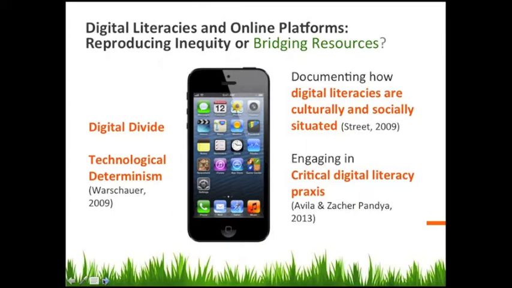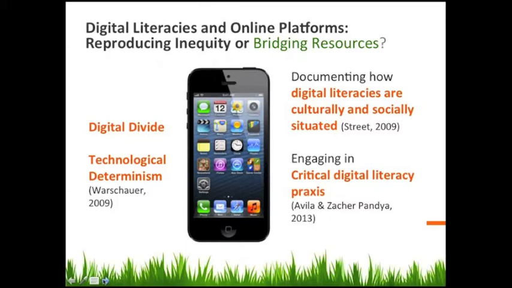And the opposite of that is what Warshauer calls technological determinism. Oh, if we give them iPhones, if everybody has a computer, then all the problems are going to be solved. Like the minute we put a computer lab in the classroom, everybody's going to have everything they need. So I question those two ideas, because it's not just saying, well, these people don't have anything and hence they can't learn, but also having the devices or the internet or the connectivity is not going to solve problems automatically.